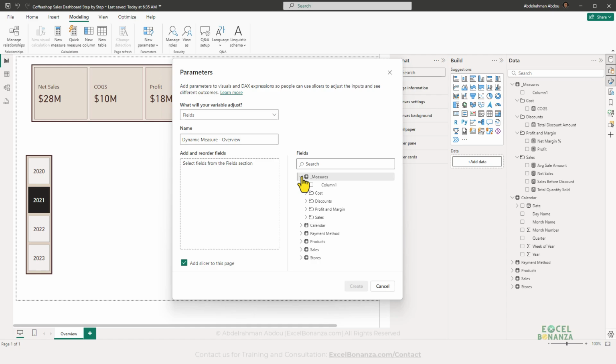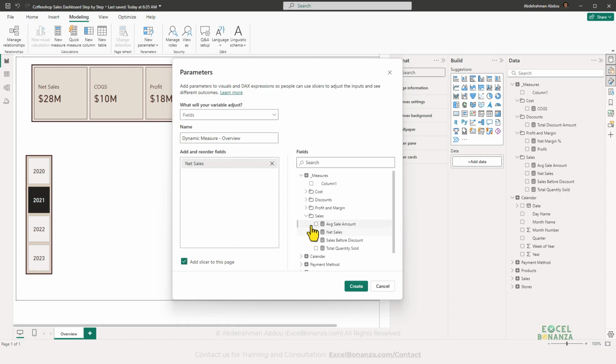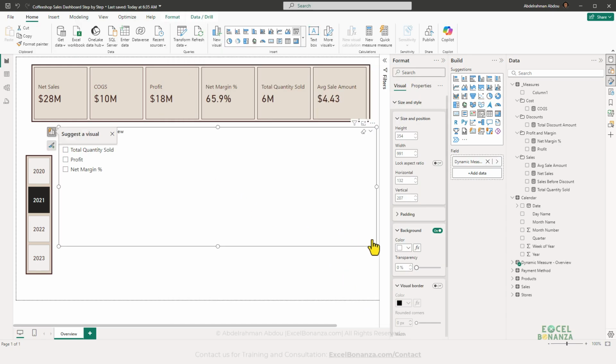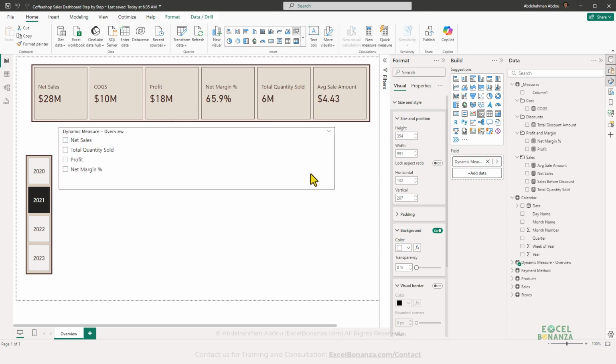From the measures table, we need to add the measures that we need to display. The first measure is going to be our net sales. This is going to be the first measure we're going to display, and then it's the total quantity sold. Then we're going to also display the profit, and let's also display the margin percentage here. And click on create. And as you can see here, we managed to create a slicer having these measures,